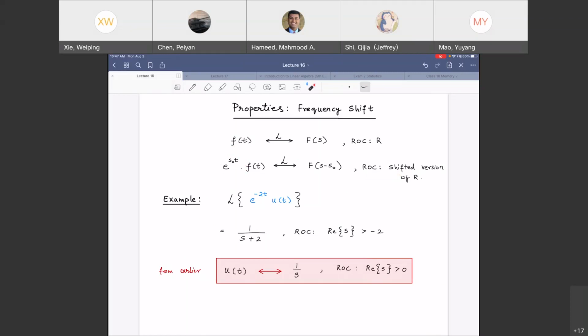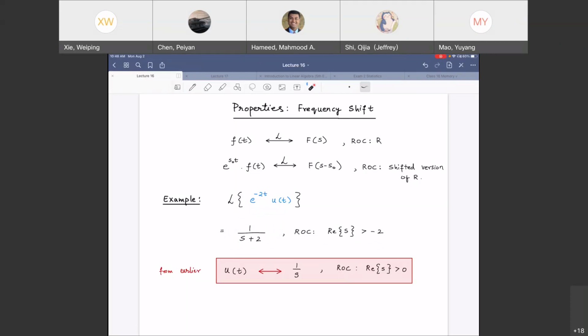Let's take a look at that with an example. Here you have a Laplace transform that you need to find for e to the minus 2t u of t. And we know the Laplace transform pair there. It is simply 1 over s plus 2. I think that was one of the first things that we did, right? e to the minus a t u of t is 1 over s plus a. In this case, a is 2. So e to the minus 2t u of t is going to be 1 over s plus 2, where the region of convergence is to the right of the pole because it's a right-sided signal. Real part of s is going to be greater than, where is the pole? At -2 on the real axis.